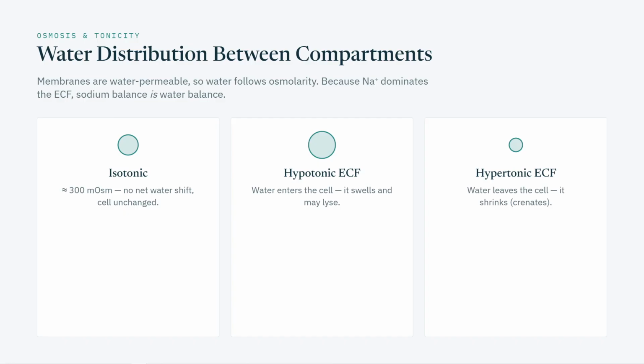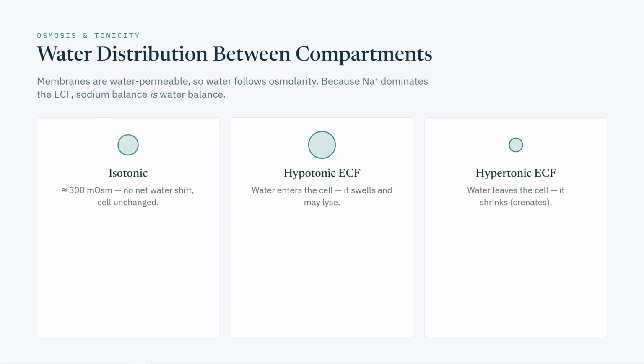So what decides how water splits between these compartments? Osmosis. Water follows solute. And since sodium is by far the dominant solute in the extracellular fluid, sodium effectively governs where the water goes. Cell membranes let water through freely, so the two compartments always equalize at about 300 milliosmoles. Change the extracellular